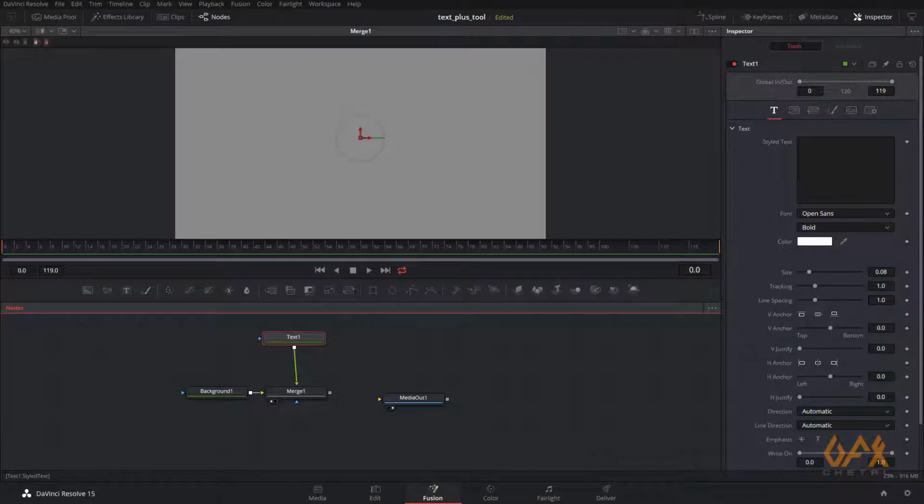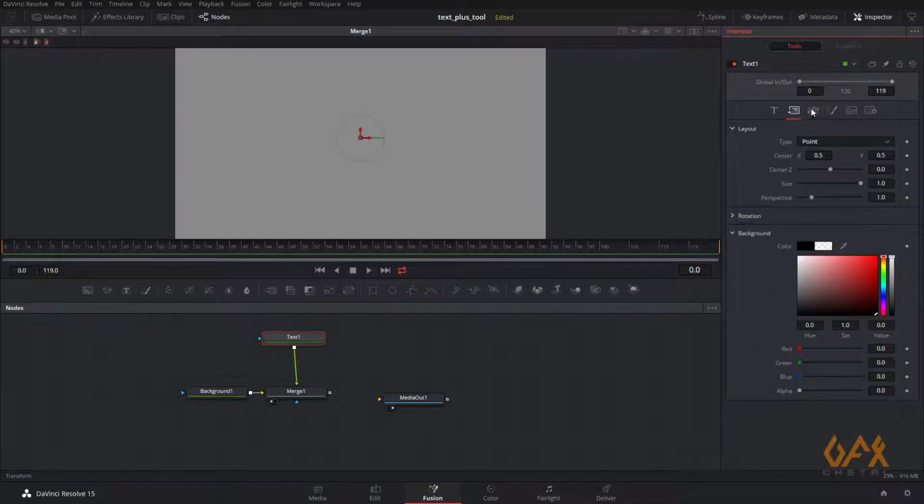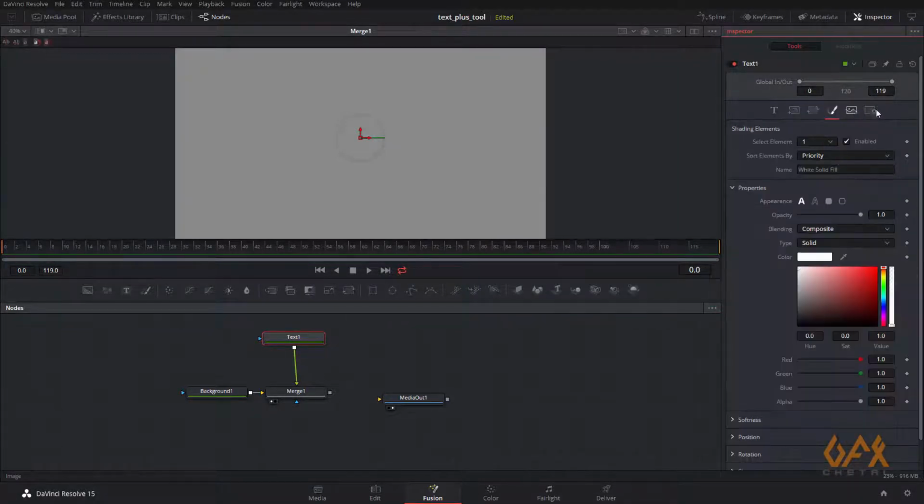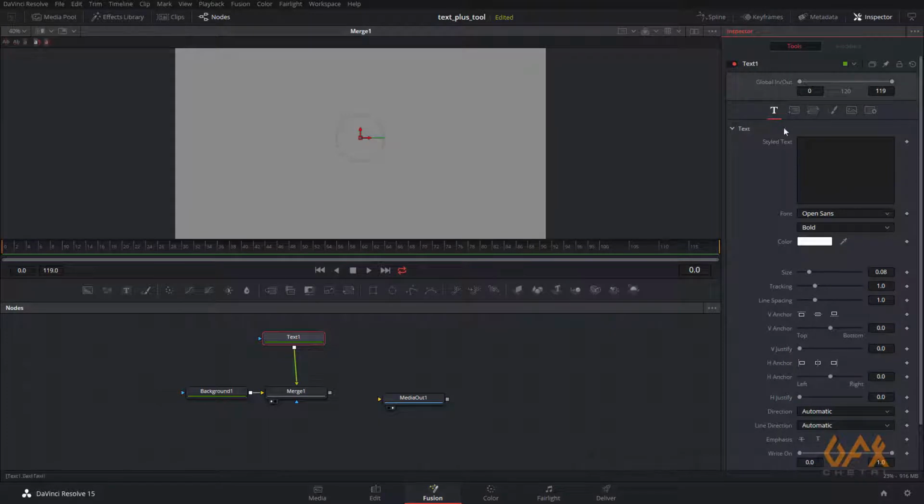Here in the attributes of the Text Plus tool, they segregate content into multiple tabs, for example text tab, layout tab, transform tab, shading tab and many more. First I'll show the text tab. First, styled text. Whatever I write over here reflects on my viewport.